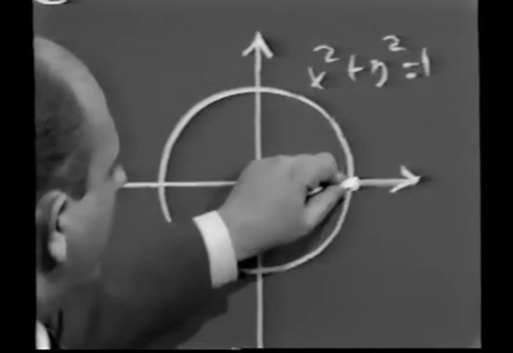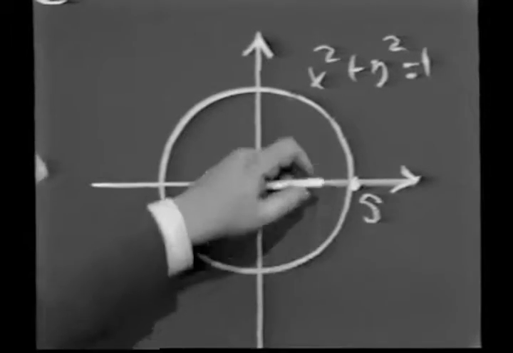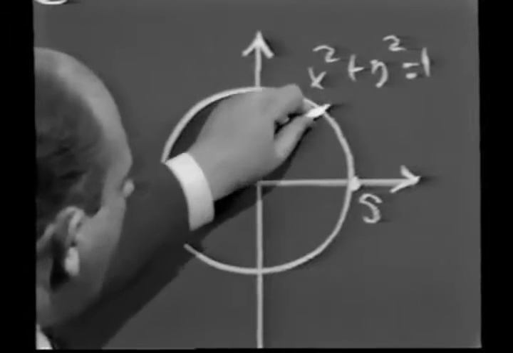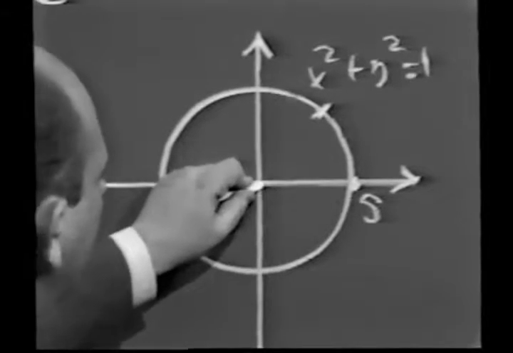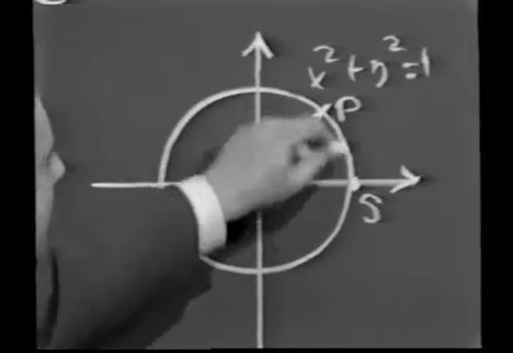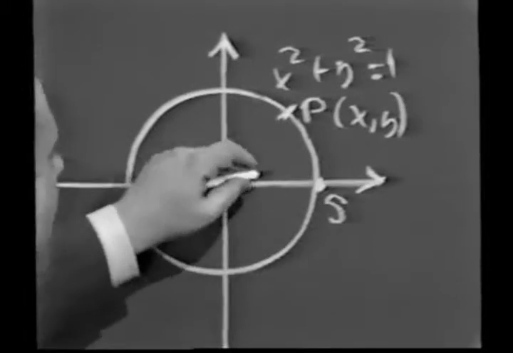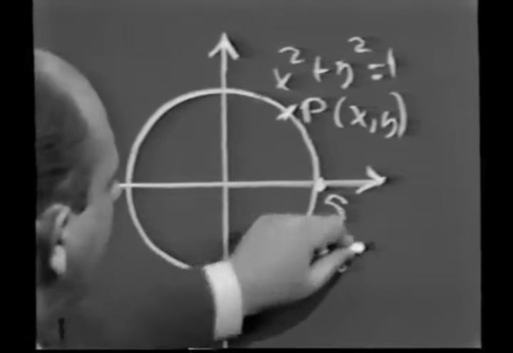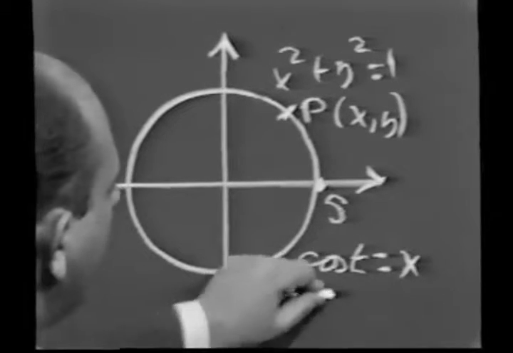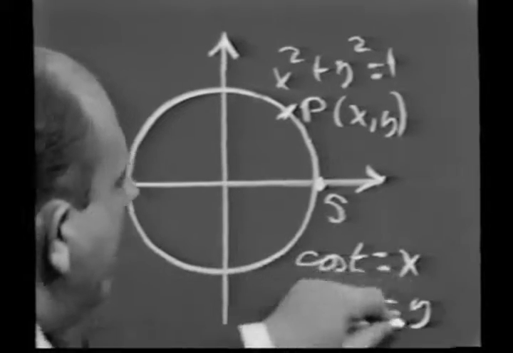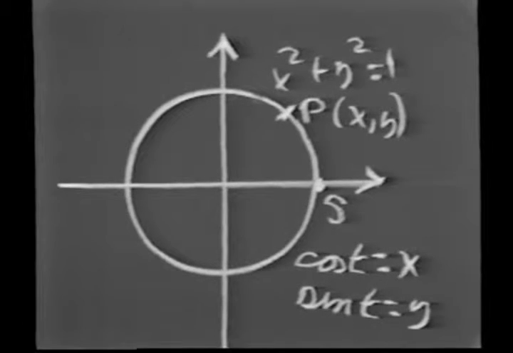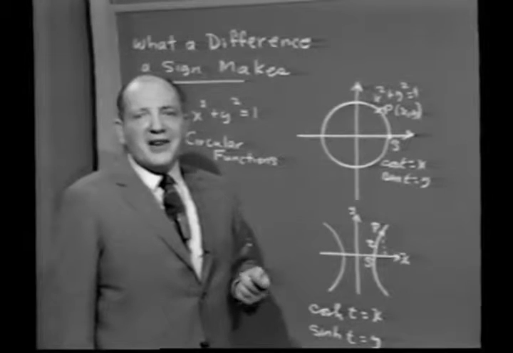Then what we did was, picking this as a starting point and taking any length t, we wrap t around the circle. When the length t terminated at point P, we defined what? Cosine t to equal x and sine t to equal y. That was basically the geometric interpretation of the circular functions, after which we showed that there was a physical meaning